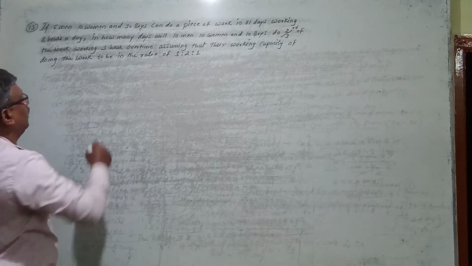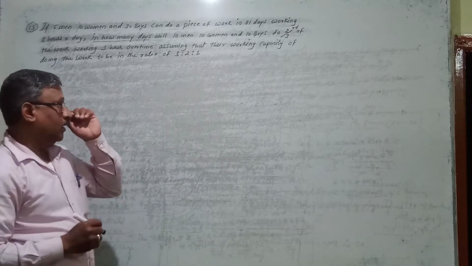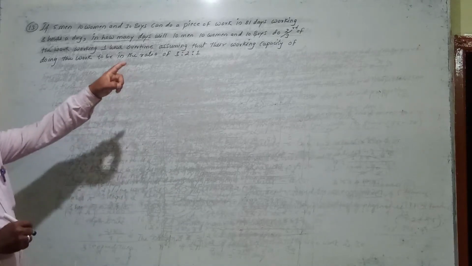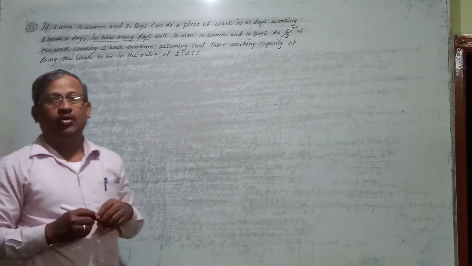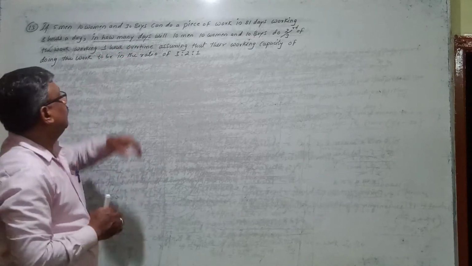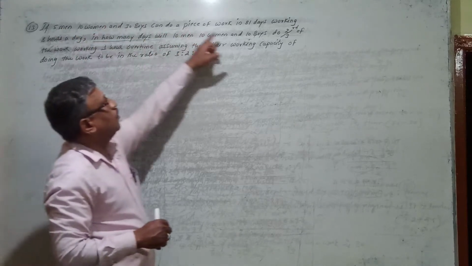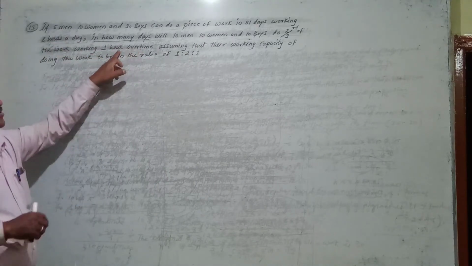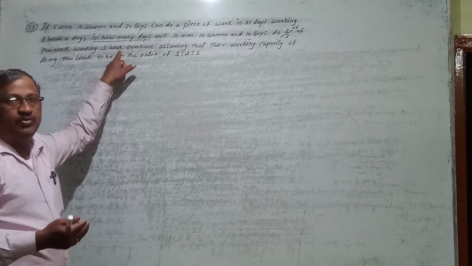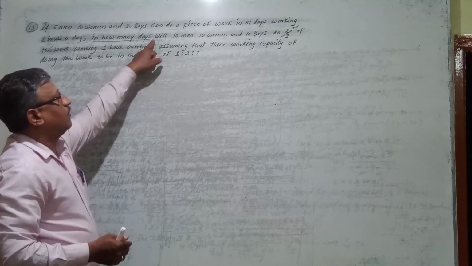In how many days will 10 men, 10 women and 10 boys do two-thirds of the work working 1 hour overtime? Working 1 hour overtime is working 1 hour extra. Previously this group used to work for how many hours? It is 8 hours, right? So now if this group works 1 hour overtime, means 1 hour extra, that is 9 hours. So how many days are required, that they have asked?